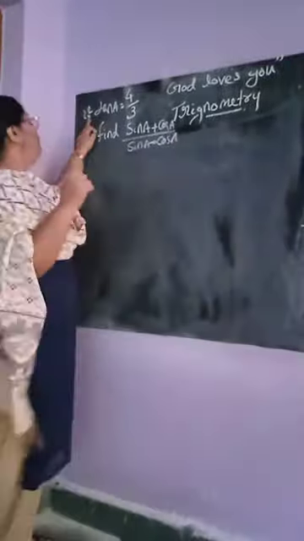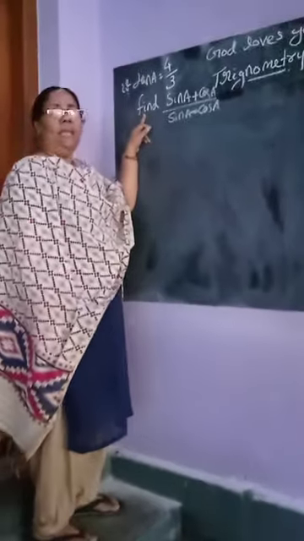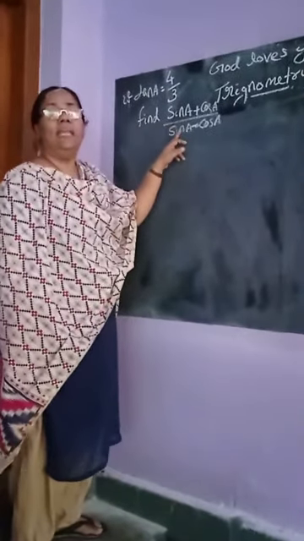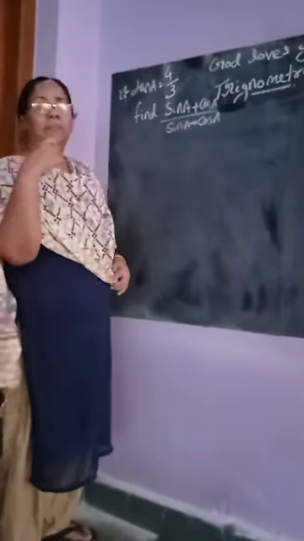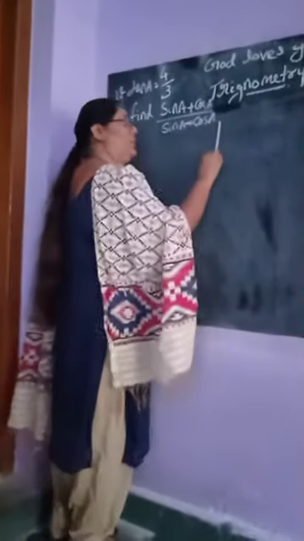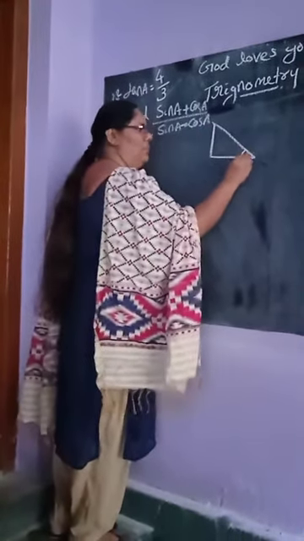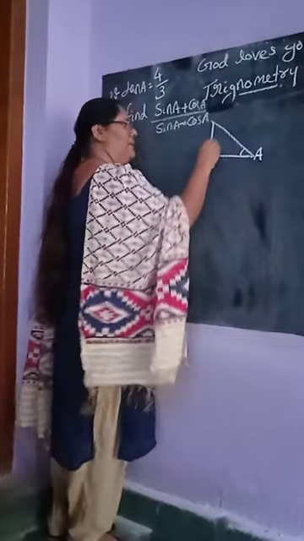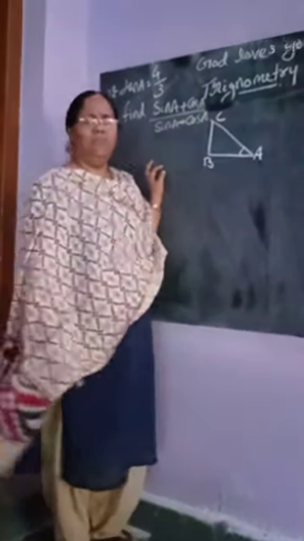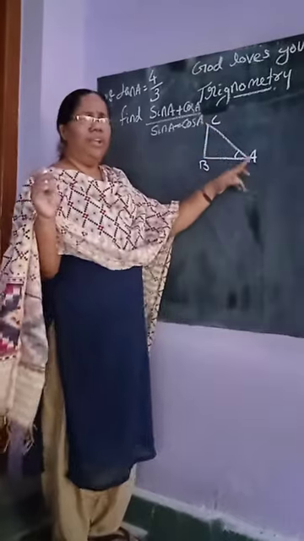Second type question. Right. If tan A is equal to 4 by 3, then find sin A plus cos A by sin A minus cos A. Understand? What is given here? Tan A. Anyway, you draw the figure. Here we can take A here. A, B, C. You can take A in the corner or here.